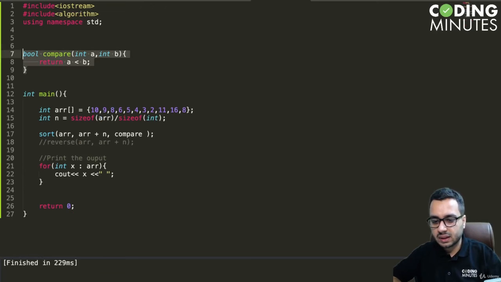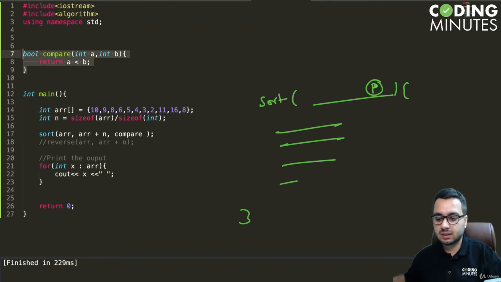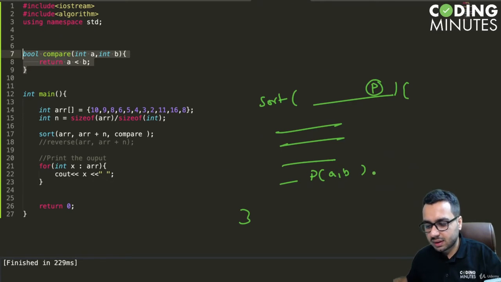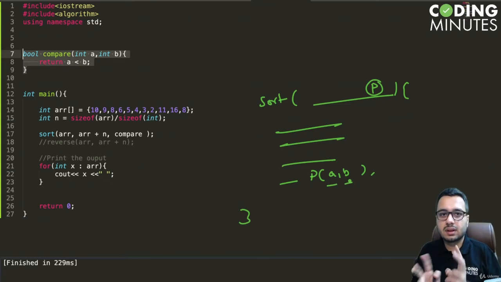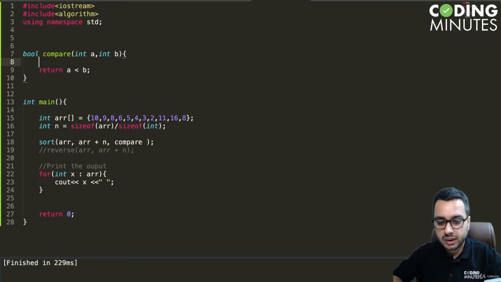So similarly, this inbuilt sort function has some logic written. So there are some lines of code, and in one of those lines it is going to call a function which we are going to pass in as a parameter. Okay, so we are passing this compare function as a parameter. It is going to call this parameter with a pair of numbers, and these pair of numbers get compared, and accordingly the sorting happens. Okay, so if you want to see what numbers are being compared, maybe you can see